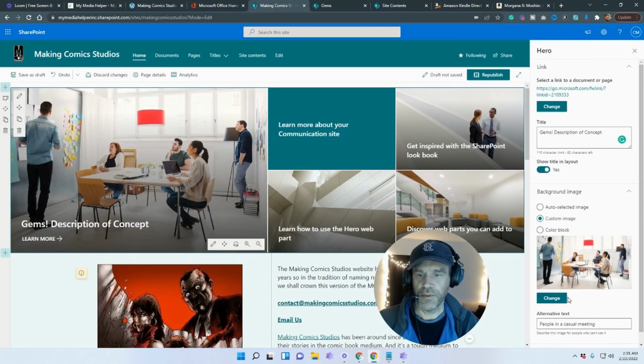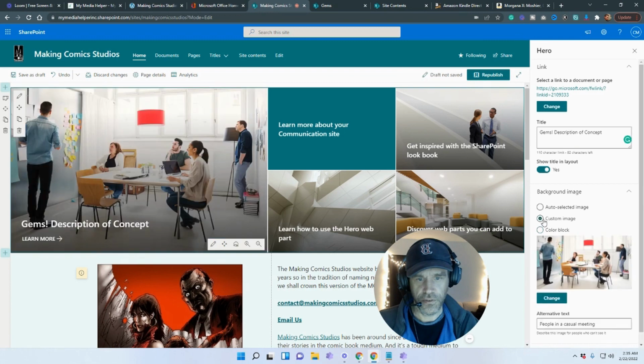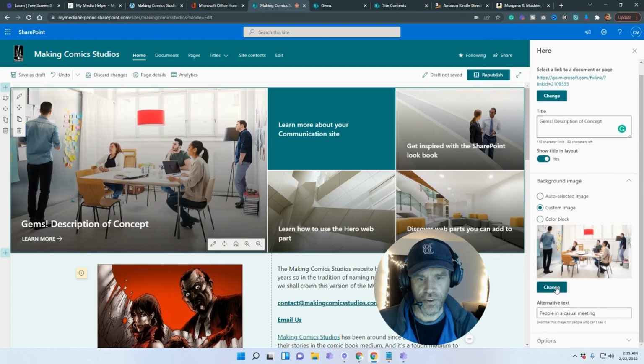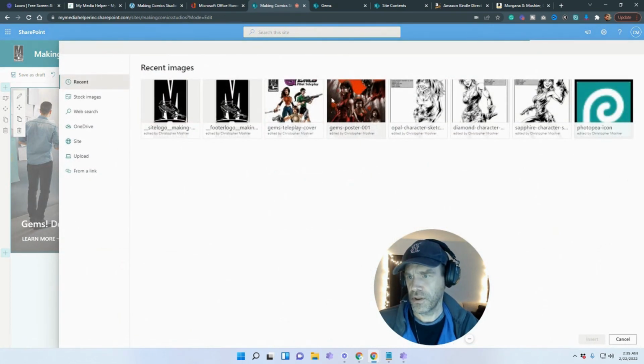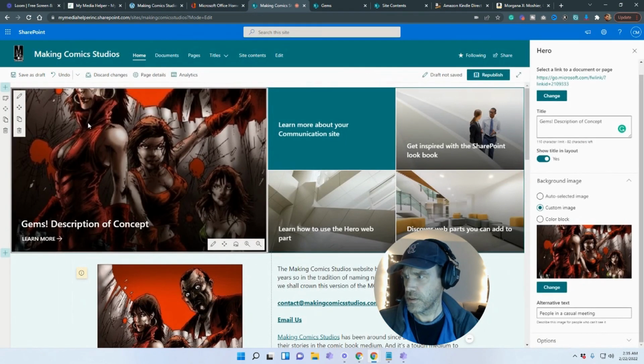Custom image is what I normally do. Color block. That's what this is, obviously. So if you just want a color block without any imagery behind it, then you can certainly do that. But I'm going to change this to custom image, and I'll use the poster again. Insert it in there, and then,